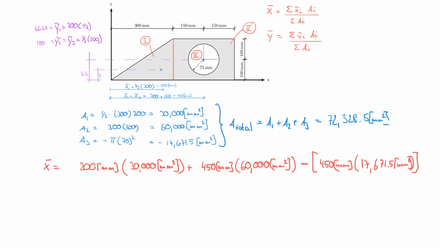And that now is everything I need for that portion. Now I have to divide it by the total area. So let's put in the division bar here. And now I divide it by the total area, which is 72,328.5